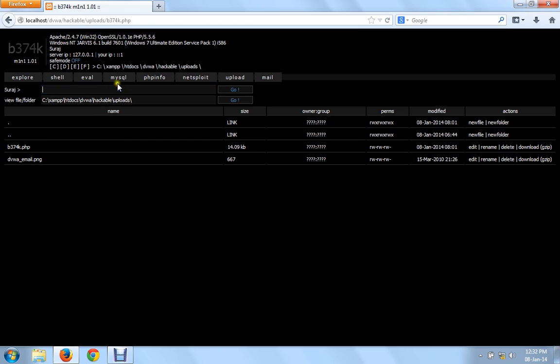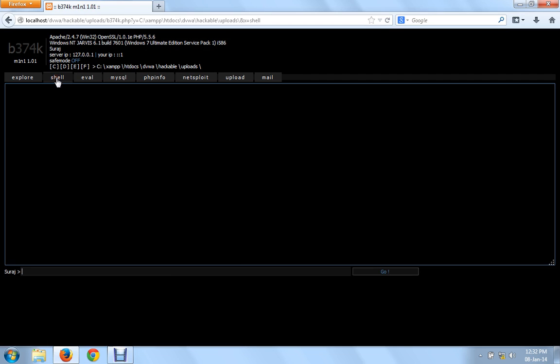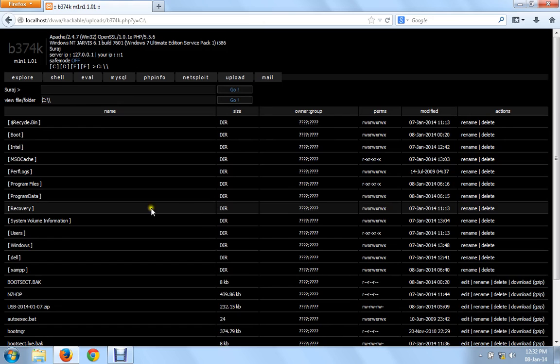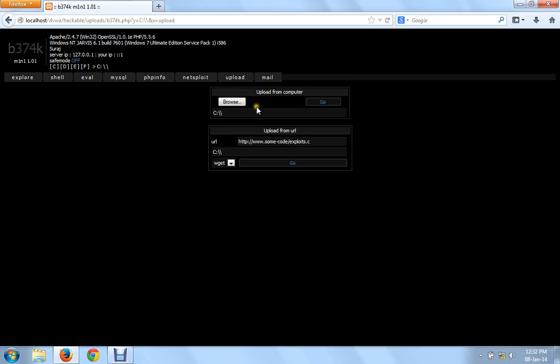You can see over here I can check anything, his SQL database which has these passwords and usernames, some sensitive information. Again, the shell, that is the command prompt, lets me run any malicious commands to explore their file locations. Right now I'm in the C directory, so you can change your directory and move anywhere you want to. These are all the directories present in his computer. Over here you'll see the upload box again. From here you can upload any Trojan horse or any kind of virus that will be harmful for that user. So this is all about upload box attack.